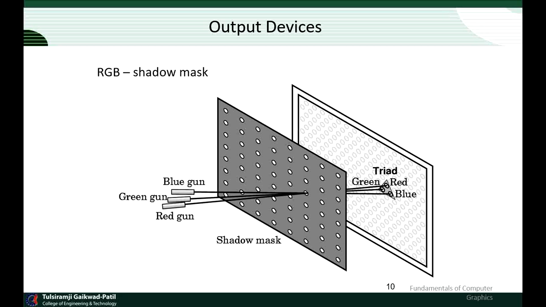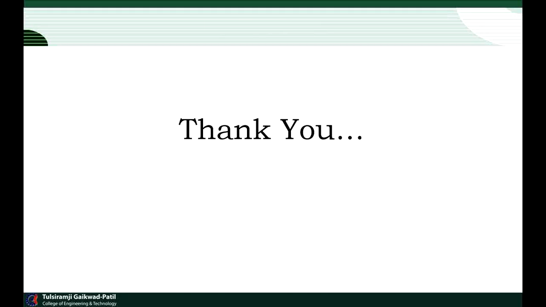So it is used for color, and the red gun, blue gun and green gun will decide which color will be displayed in that particular pixel, or which color is to be displayed at that particular point on the screen. So accordingly the color will be given to the particular picture or image, and it will be displayed or represented on the screen. So this is all about the display devices in the computer graphics system.